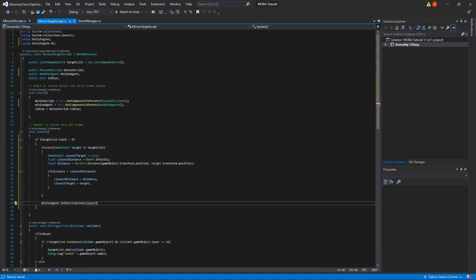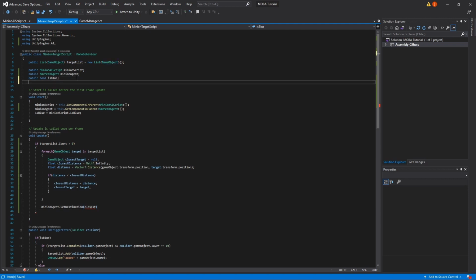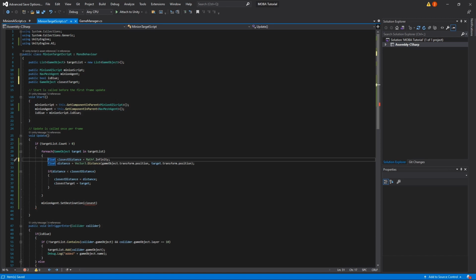Okay, I just realized I made a quick mistake here. What I'll need to do actually is say game object closest target, and this needs to be not a local variable, but a variable that's declared at the beginning of the class. So if we go there, delete this, then essentially what we've done is we've given it access outside of the for each loop. So if we go down here, closest target